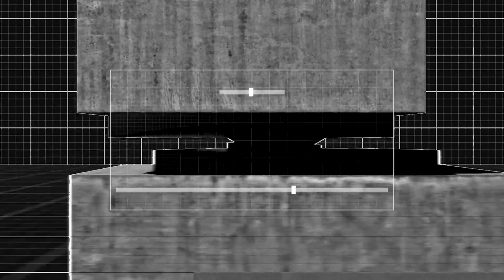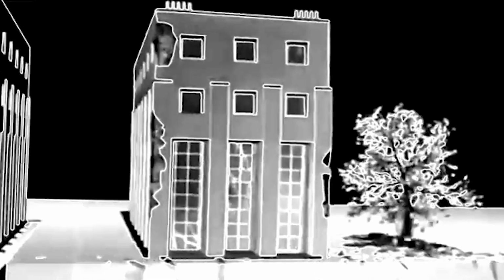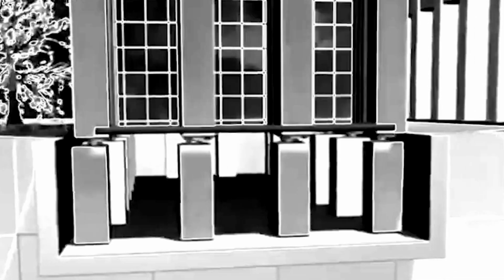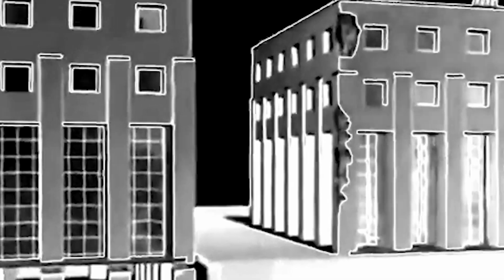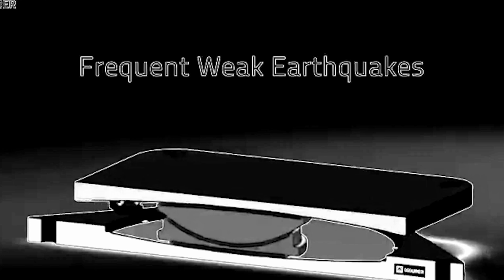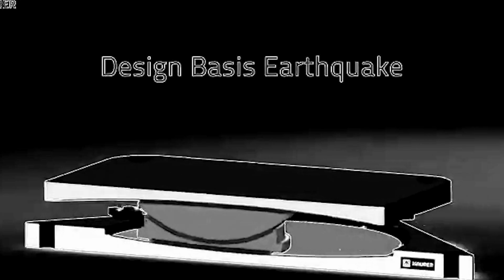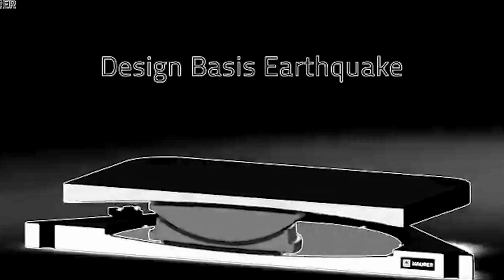Seismic engineering takes into account the seismic hazard of the area where the structure will be built, as well as the characteristics of the structure itself. Also, seismic engineering considers the structural response to ground acceleration. A building, for example, can move in several ways during an earthquake, such as bending, twisting, or shearing. The structural response depends on the size, shape, and material properties of the building, as well as the distribution of